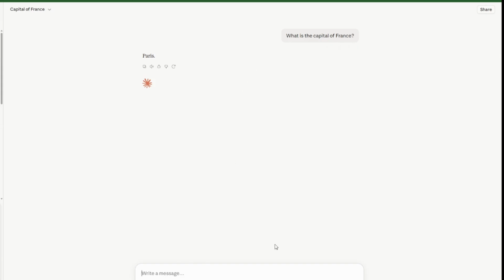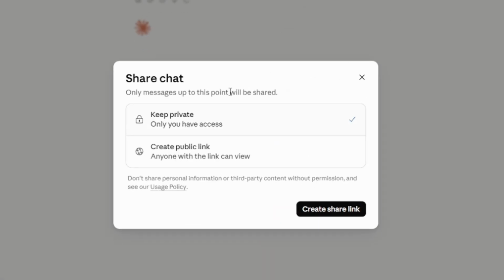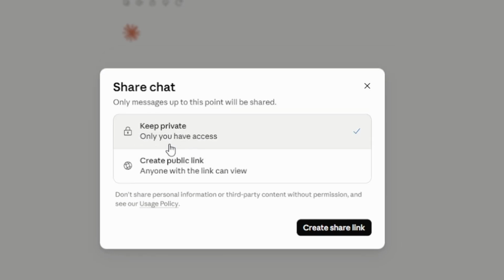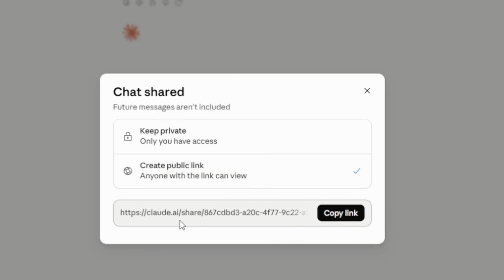Now we could continue on and have a full conversation in here, and maybe we put some private data that we're talking to Claude about and we want to share it. So we click share. This now pops up. I couldn't find for certain whether this has always existed or it just gave you a warning. I did know that it at least gave you a warning in general. Now by default, this keeps us as private here, but if we do want to create a share link, it has to be public. There's no choice of being locked down to a particular user account or user accounts that we want to share it to.